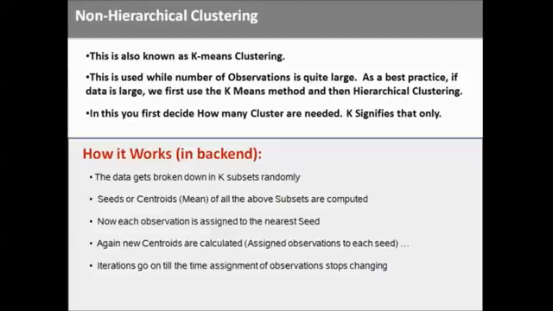There are two basic differences. The first basic difference between hierarchical and non-hierarchical clustering is the number of observations. Less number of observations, go for hierarchical one. More number of observations, go for non-hierarchical one. The second difference is